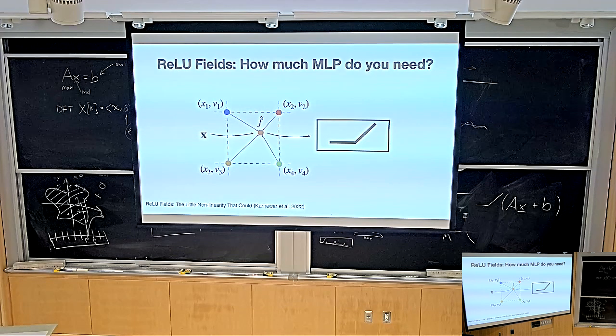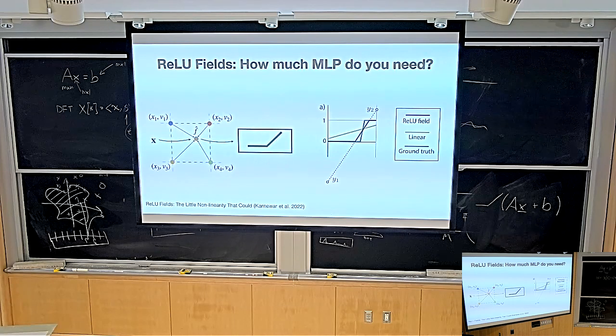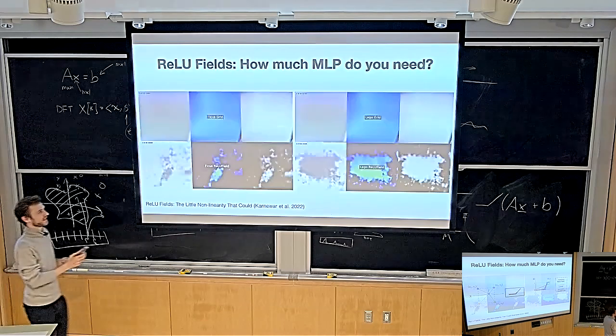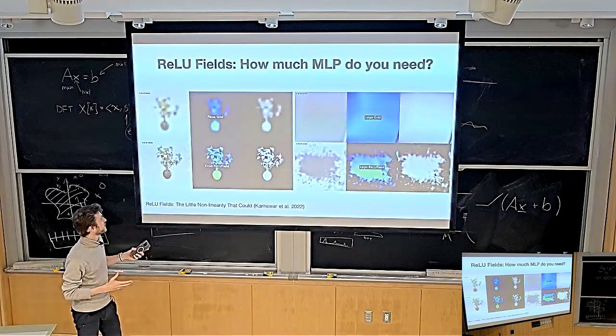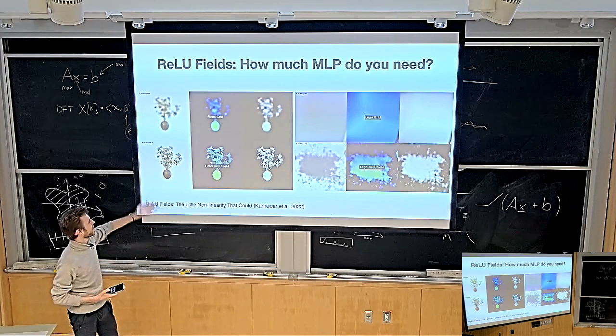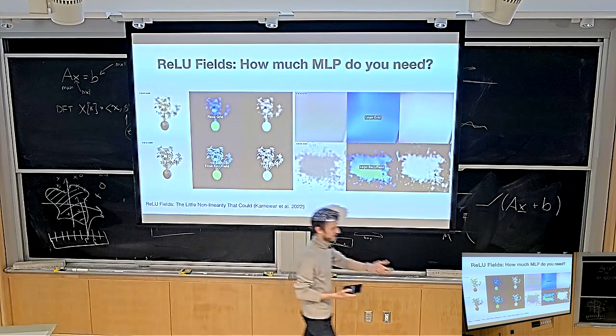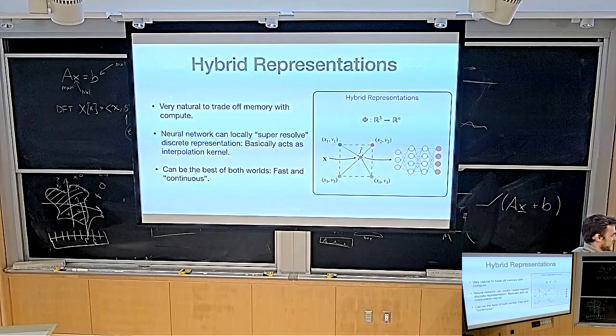Does that buy you anything? Turns out it buys you a lot, because instead of just linear interpolation, which can't have discontinuities, you can have discontinuities, and you can actually fit it via gradient descent. They showed that it stays super fast. It's basically as fast as querying your voxel grid, because you just have to put it through one value, which is very cheap. As opposed to just linear interpolation, which is the yellow line, you can get a much better approximation of discontinuities, so that's really cool. And then they showed that you can still fit it really fast. So this is the fitting time. This is better than a voxel grid, but not as expensive as a neural field.